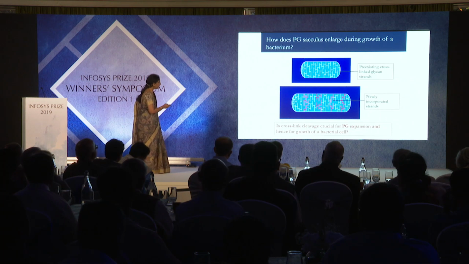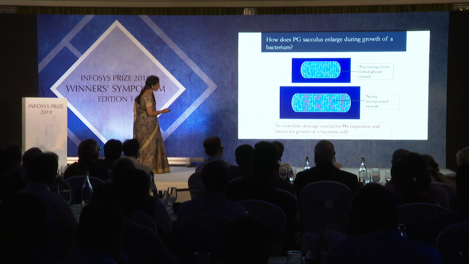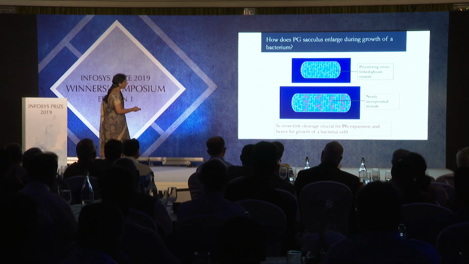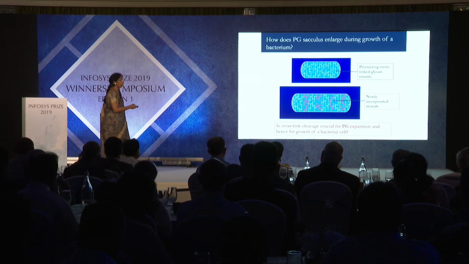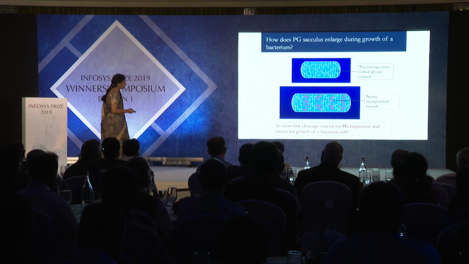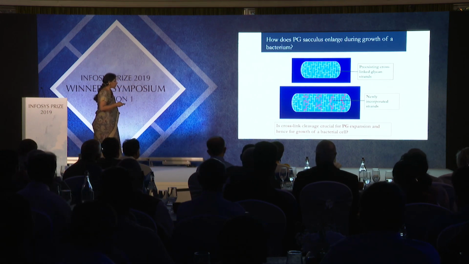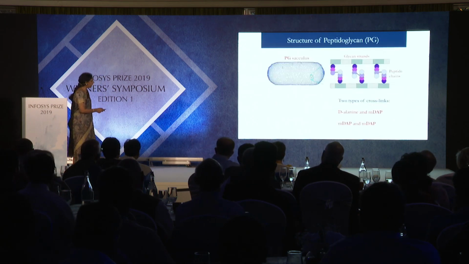So which would mean that most likely the peptide chains are cross-linked here. Those cross-links need to be broken so that this new material, which is represented here in red, can be inserted in the middle. So this is the question which we asked: is this hydrolysis, or the cleavage between these molecules, necessary for expanding the cell wall? If it is true, then those enzymes which cut this will be required for bacterial growth, right? Because I'm a geneticist, we took a genetic approach, did lots of genetic screens, and finally identified